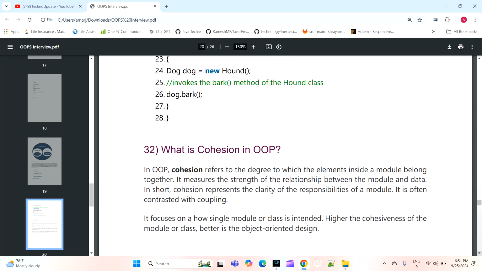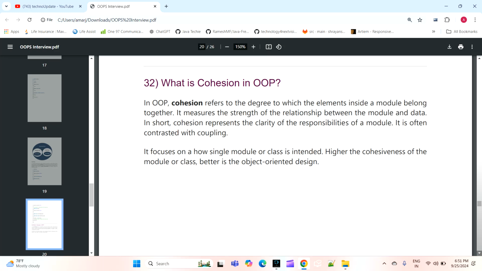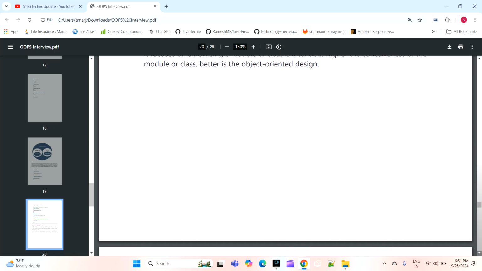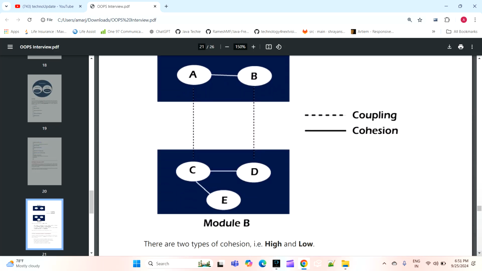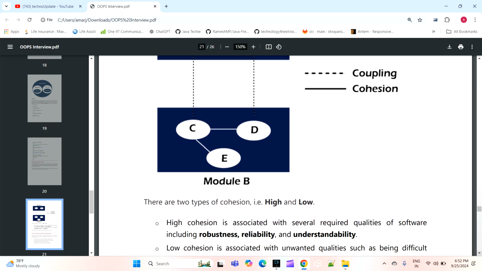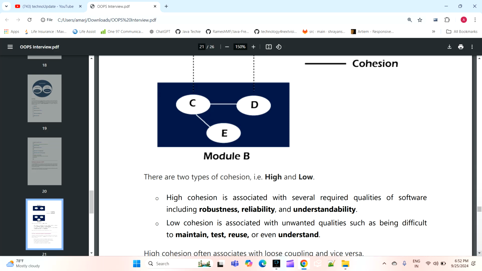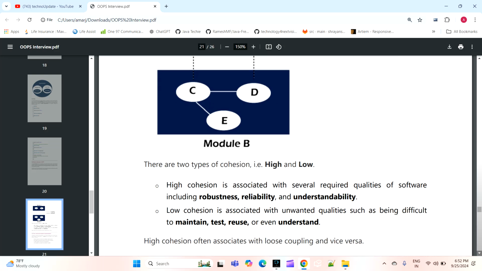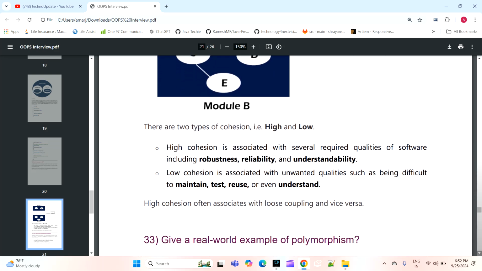Now the next question is, what is cohesion in OOPS? When to use coupling, when to use cohesion? There are two types of cohesion, high cohesion and low cohesion.